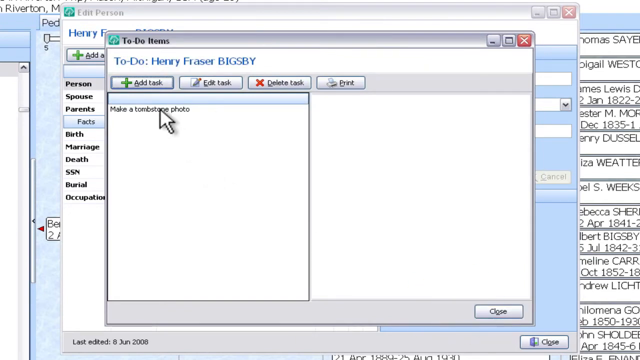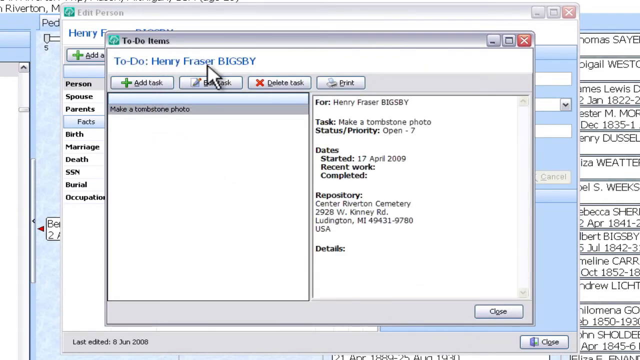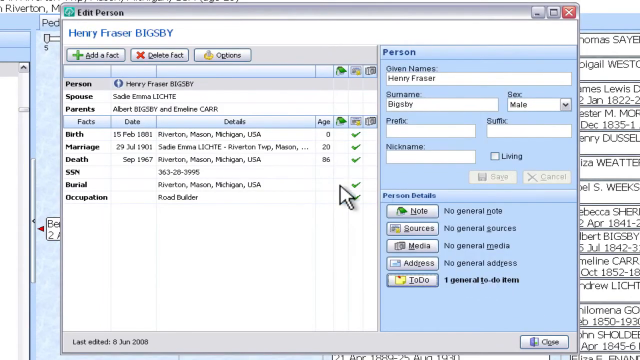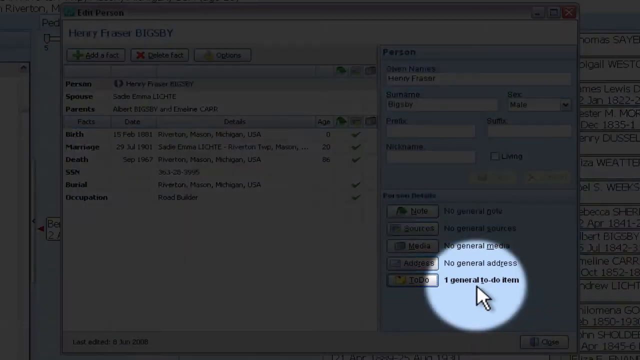And now we can see under to-do items for Henry Fraser Bigsby, we've got Make a Tombstone Photo. And then here's the information about that. In other screencasts, I cover how to edit these things, how to delete them, and how to create lists and reports of to-do items and how to find to-do items that you have. Okay, so now you can see here, next to the to-do button, it shows that there's one to-do item for